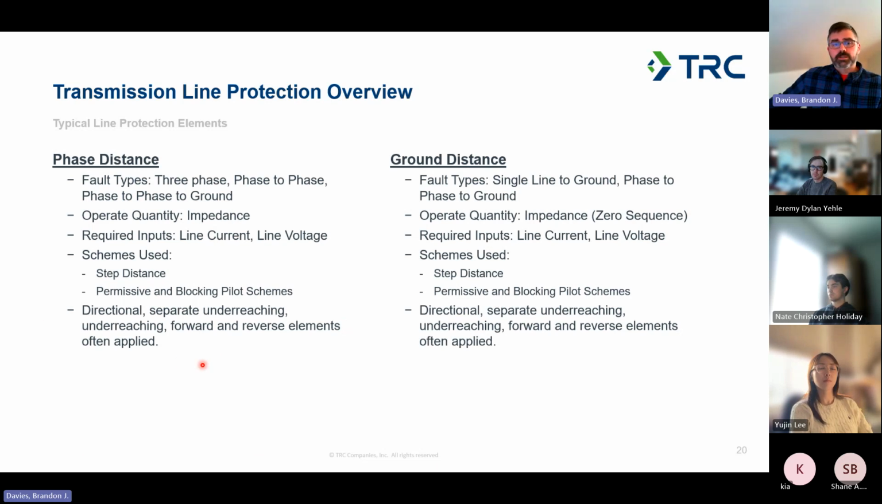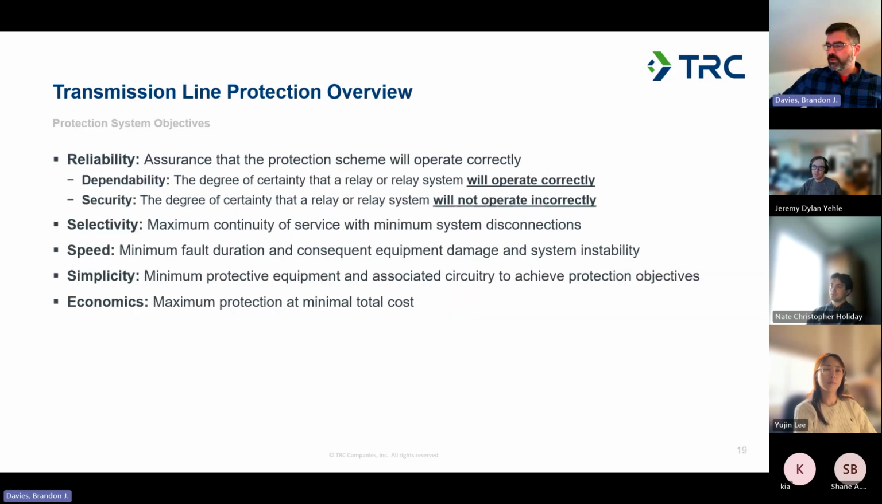So I'm going to use the rest of the class to talk a little bit about some of the protection element types. But before I do, any questions or anything on the stuff I've been talking about for the last little bit, specifically about these protection system objectives? And these can be applied to any protection, not just transmission line protection. But any questions on this stuff before we move on? All right. Well, hearing none, I will continue on,